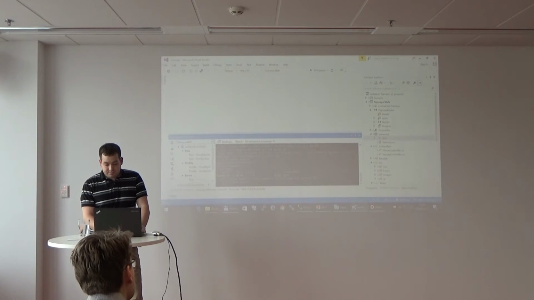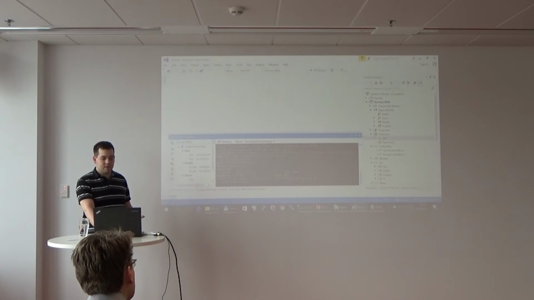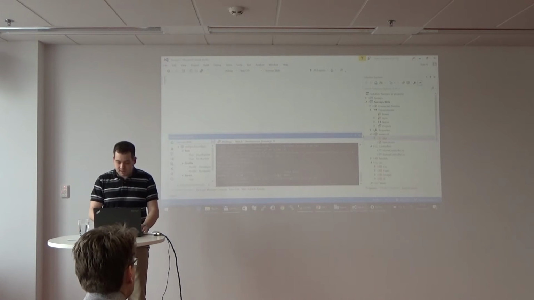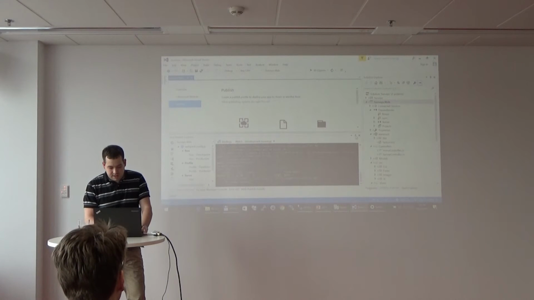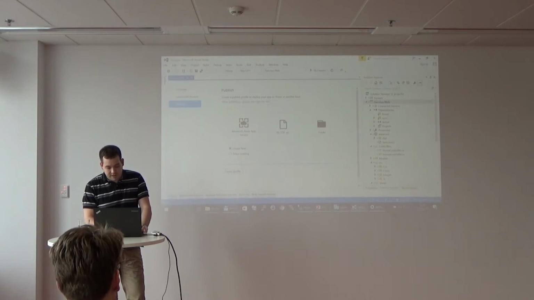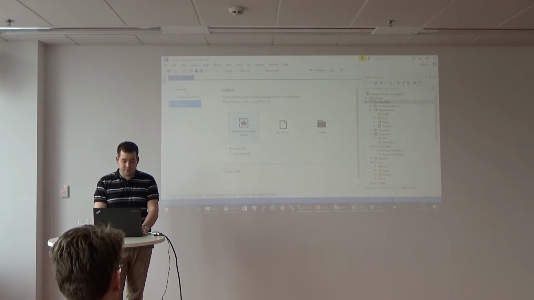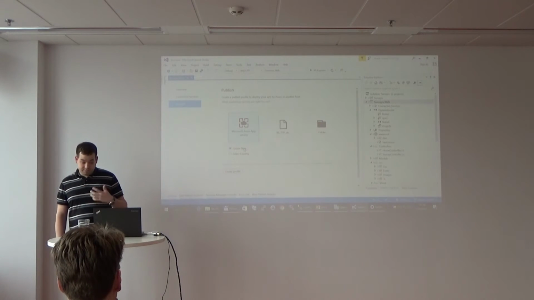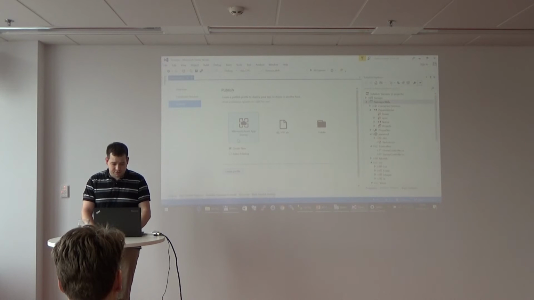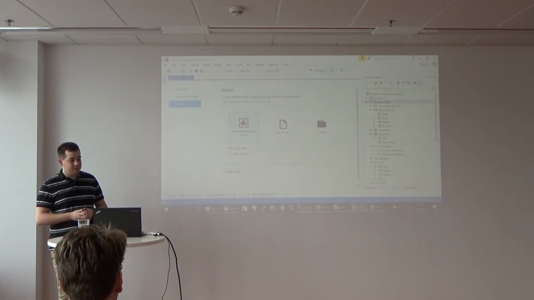Okay. So now I would like to show you how you can deploy this application, and it can be quite boring. I can just click publish and choose where I want to publish it. If I choose, for example, Azure App Service, if you have an Azure account, you can publish it directly to Azure. I will not try to do it because I've got the database locally, and of course from an application deployed to Azure, it will not be accessible.